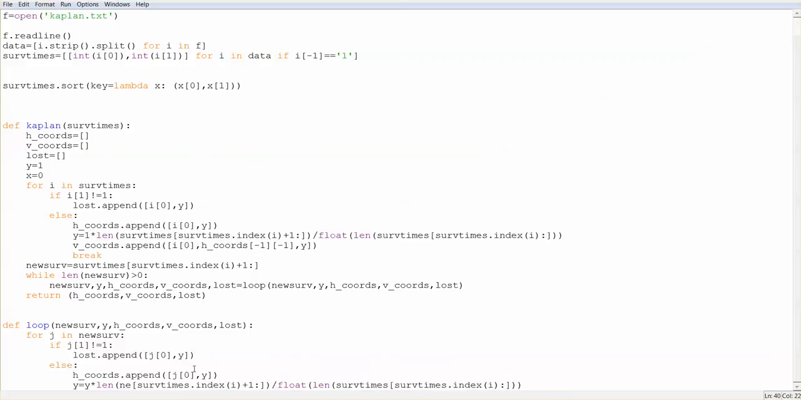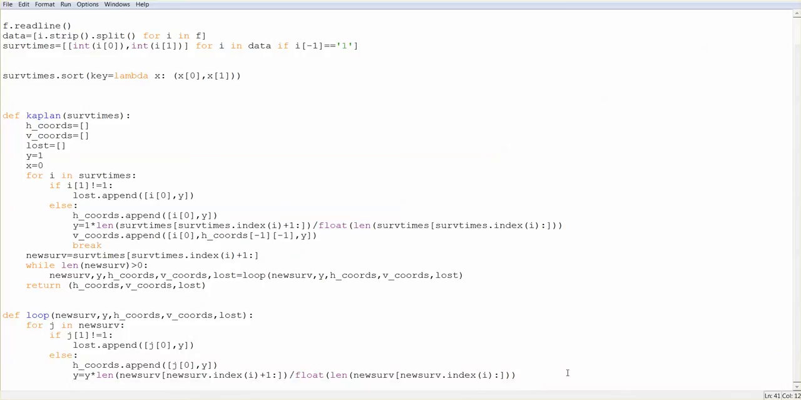But instead of serve times, we need new serve. So every time we see serve times, we need new serve. So we can just copy that. So yep, there we go. And vertical coordinates dot append j0, the previous y, which we're getting